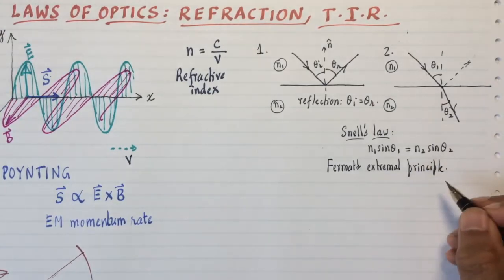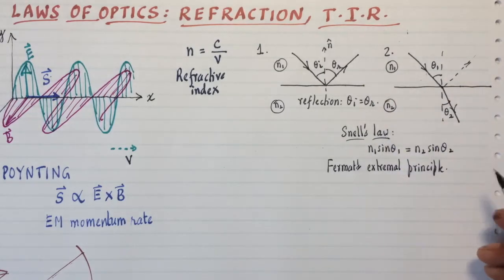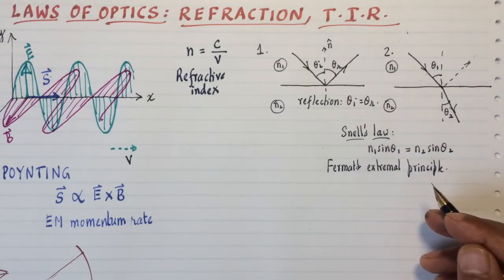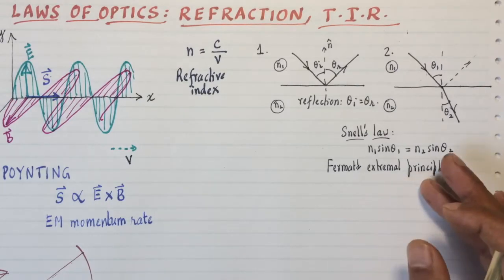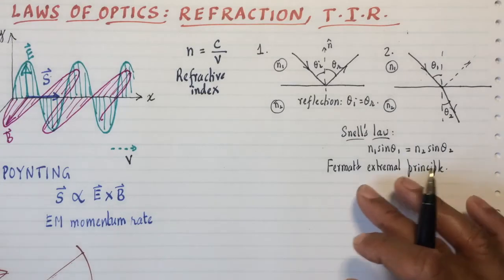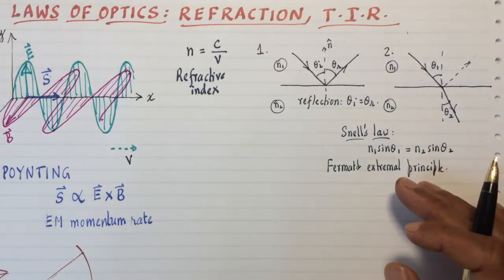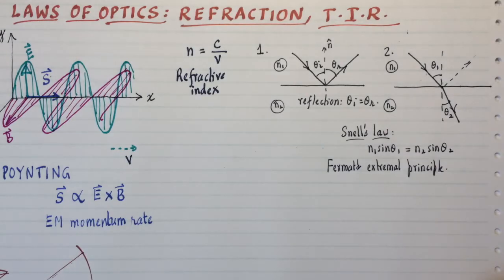Fermat's principle states that light travels in a path that minimizes time. In some cases it maximizes it, or the more correct way to say it is that it's an extremal principle. It can be a maximum, a minimum, or neither, just a stationary point. Fermat discovered this in the 17th century, and this is true for all behavior of light and electromagnetic radiation